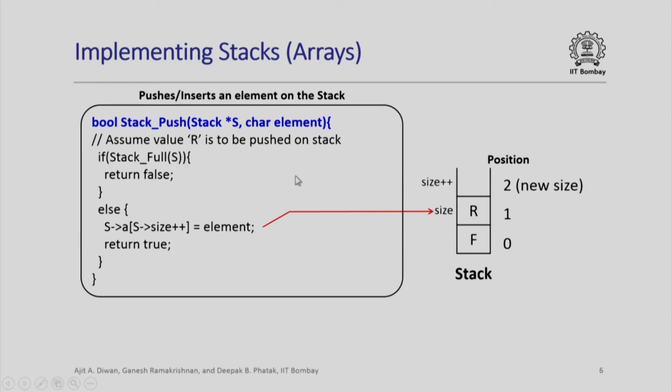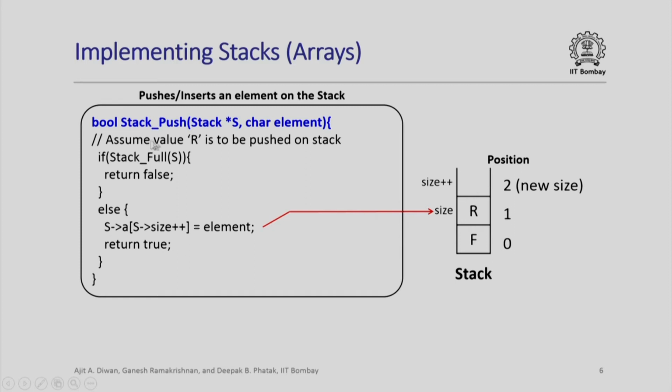Let us now look at push and pop operations, which are the main operations of the stack. Note that these are implemented as Boolean operations. Are they Boolean operations? Well, no, because when I push, I want to push an element on the stack, and when I pop, I want to get back an element. However, whether the operation is successful or not is equally important to be known, and that is why these functions have been implemented as Boolean functions. So the function itself will return true or false depending upon whether the operation is successful or not.